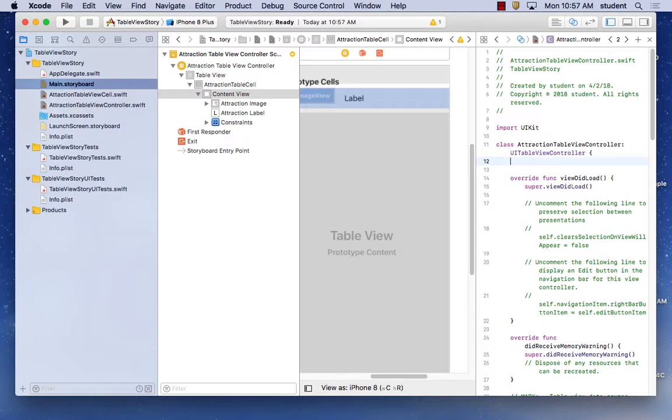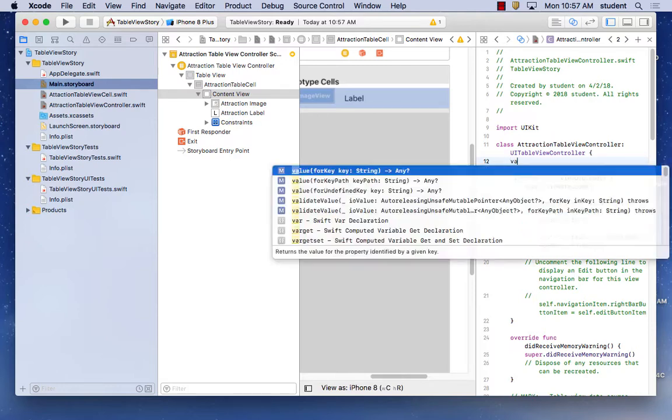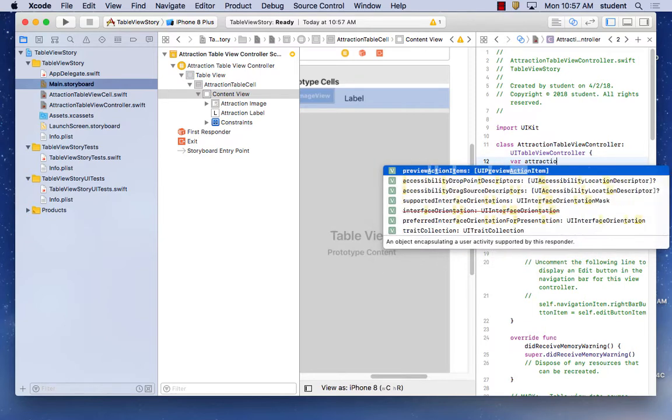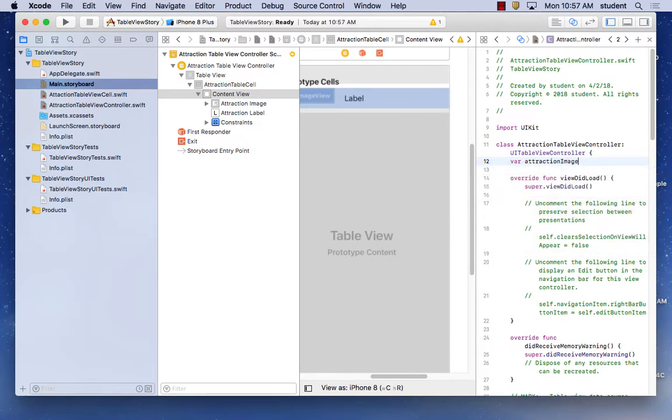You got images, you got names, and so the images are the pictures. You're going to make an array of pictures. The attractions are the names that would be on the labels, and then the web addresses would be where it goes when the person clicks on the label itself. So I'm going to type in my variable attraction images equals string